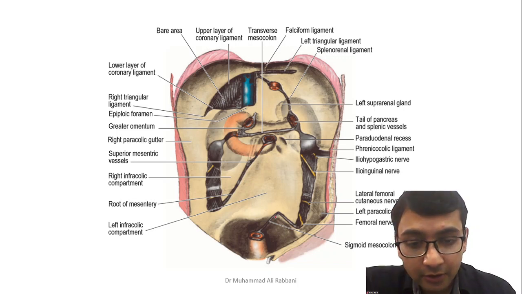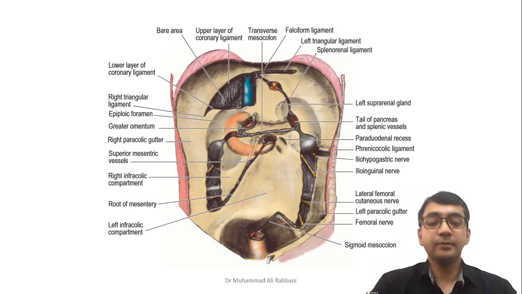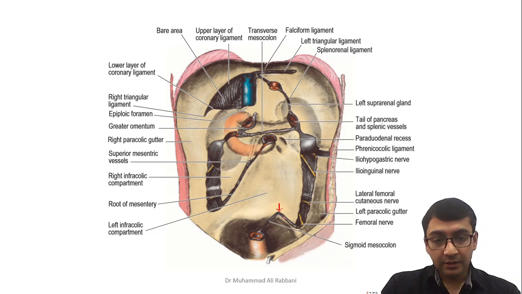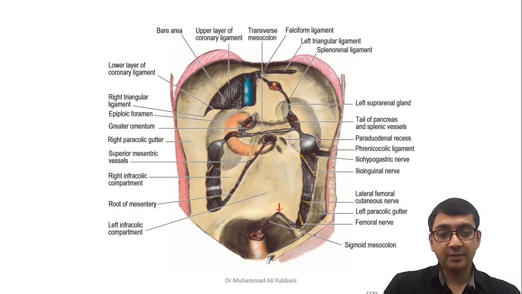The third mesentery we saw was this one, sigmoid mesocolon, it was inverted V shape. This point is at the bifurcation of common iliac vessel. This limb follows the pelvic brim. This limb goes towards the midline, towards the start of the rectum, almost at the level of S3. See, it goes to the S3.